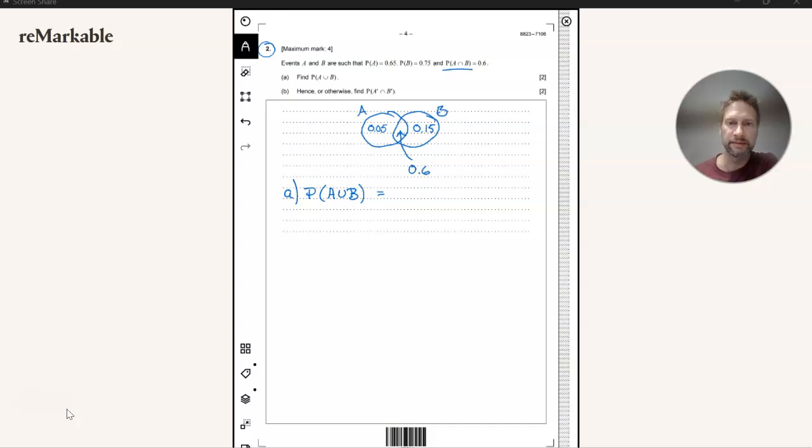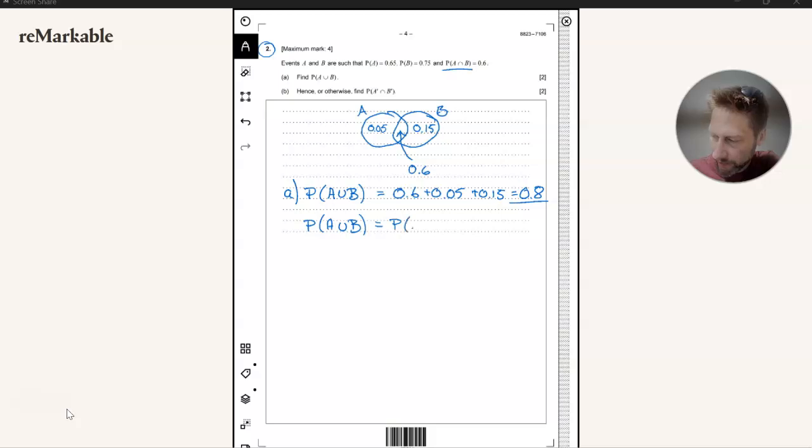So we're adding, we get something like 0.2, which we add to 0.6. So that's 0.6 plus 0.05 plus 0.15, which is 0.8. And that's the probability of the union. You could also, if you look up in your formula booklet, say that the probability of a union is always